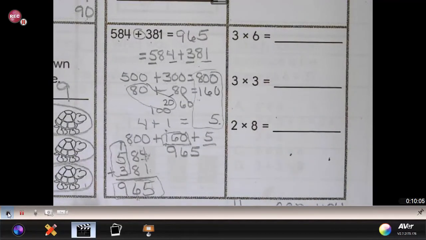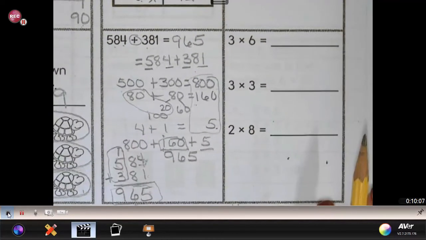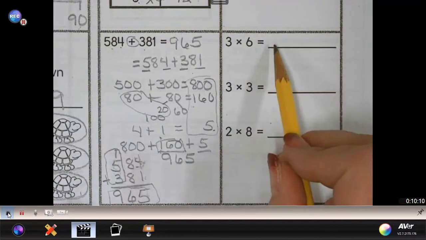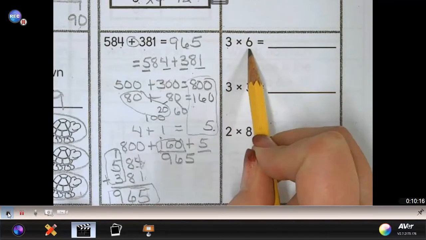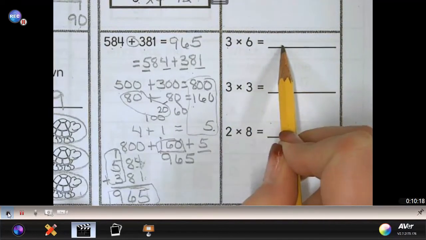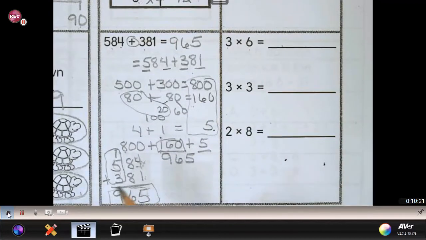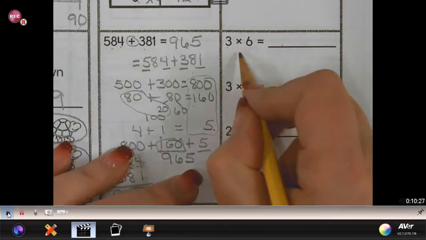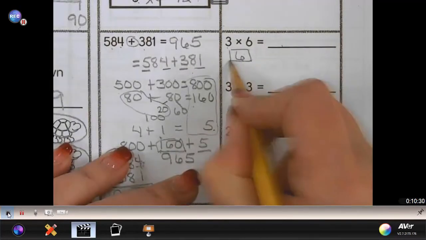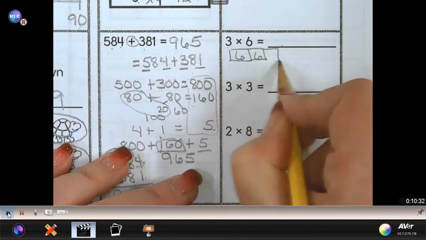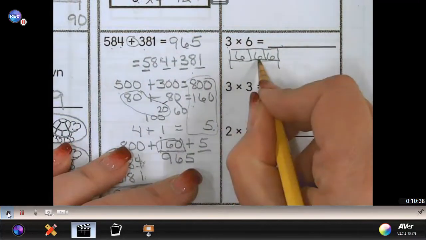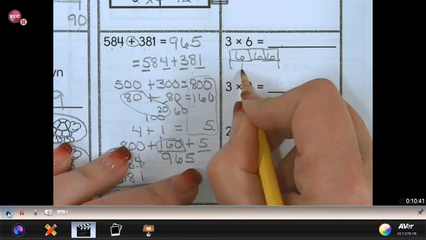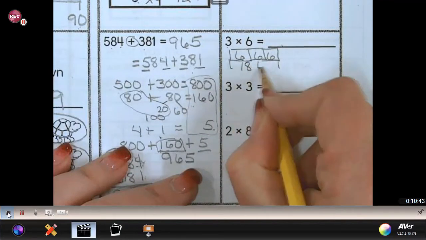Our next set of problems are multiplication problems. We are looking for the total objects. We have groups. We have the same number in each group, and we're looking for the total. Remember, we can use repeated addition, skip counting, and just to double check our work. So 3 groups of 6 would be like saying 6 plus 6 plus 6. And if I was showing this as a tape diagram, 6 plus 6 is 12, and 6 more is going to give me 18. So these are my total,